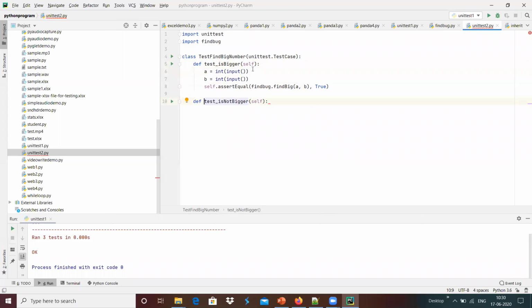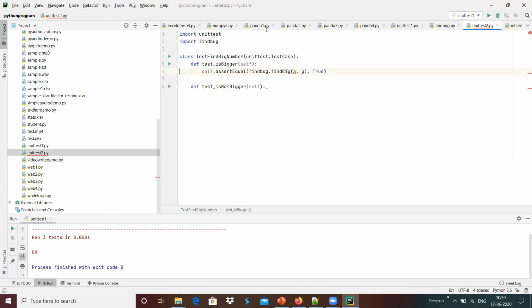Instead of that, maybe we can directly give a, b.